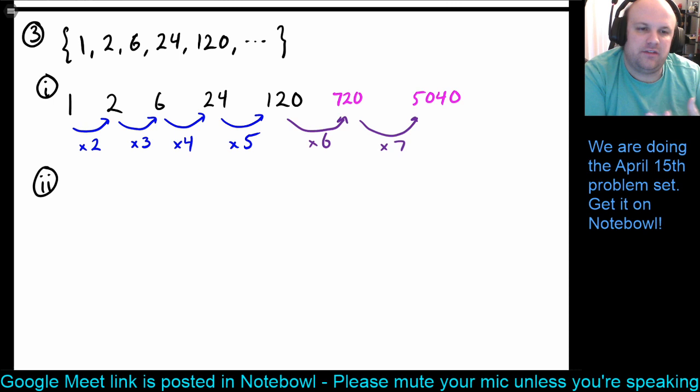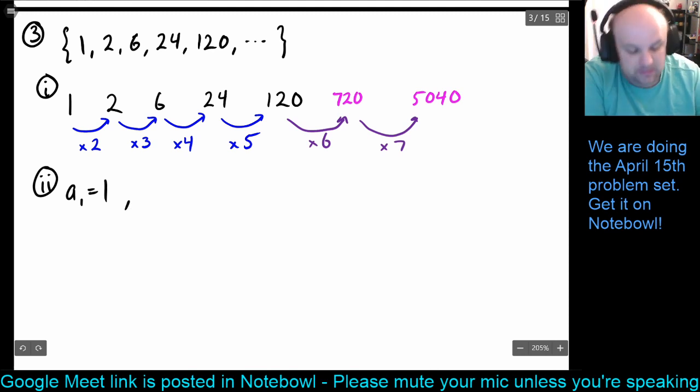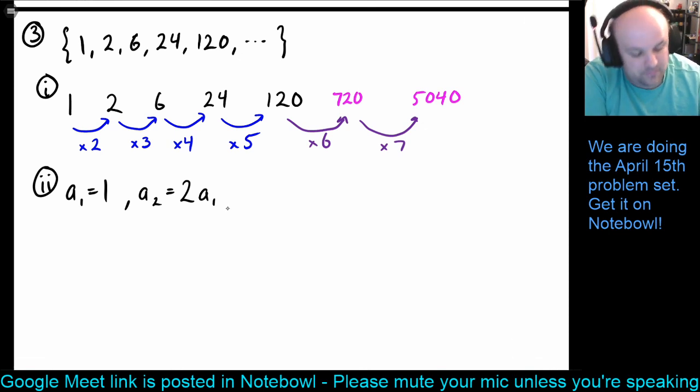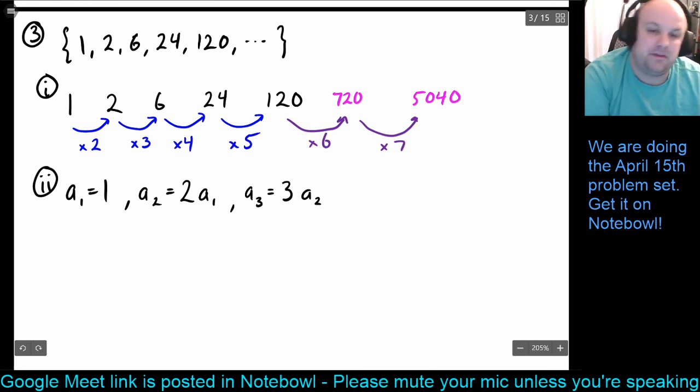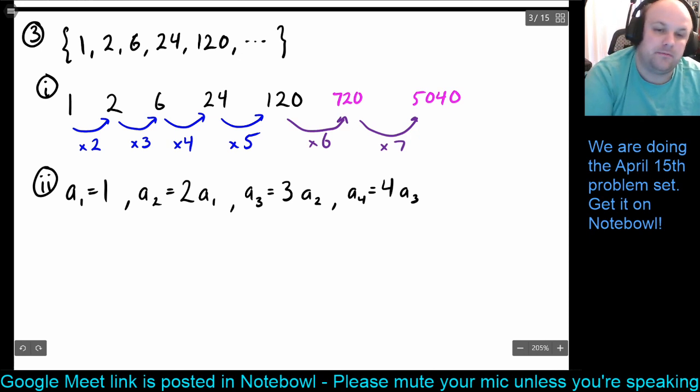When we're doing this, it can often help to just write down how I get A2 from A1, how I get A3 from A2, and so on. So here, let's start out with this. A1 is 1, right? We have our seed value. A2, I get this by taking A1 and multiplying it by 2. A3, I get this by taking A2 and multiplying it by 3,